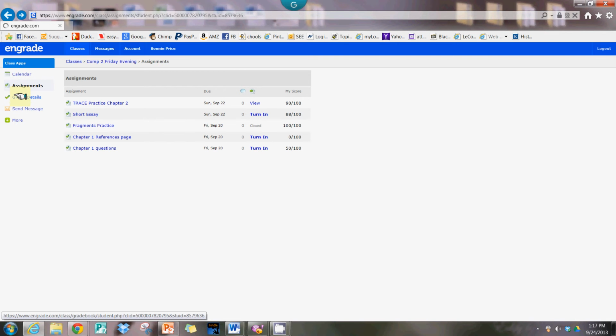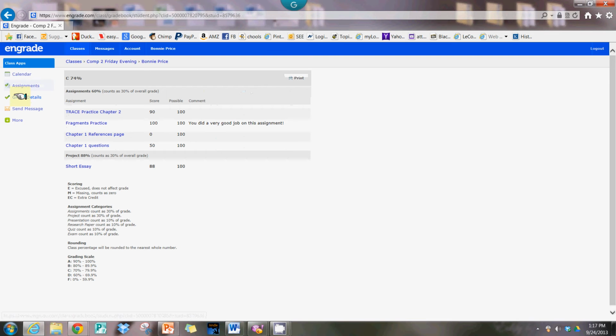Under grade details, you want to look at that as well, because that's where it specifically is going to give you the grades that you earn. This is the only place also where comments might appear from me in the comment area. It might be even something like that you get a 50 on something and it says to revise this for a higher grade, you need to do X, Y, Z. And then at that point, I can